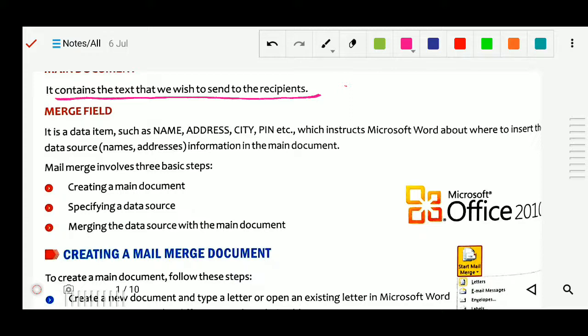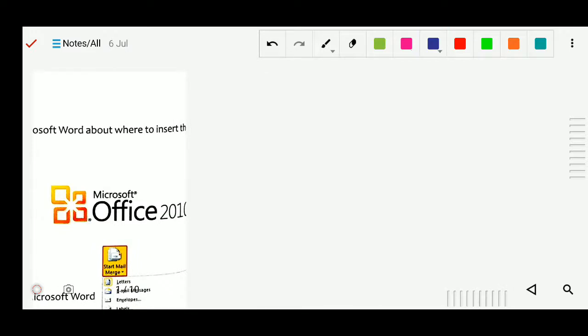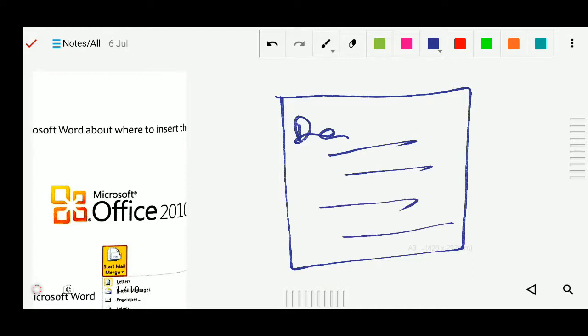Okay, so mail merge involves three basic steps. So what are the steps? Merge field means we will be merging the data source and main document. Suppose this is your document, you have written your letter like "Dear..." and so on. This is your letter, and here is your address box, and suppose the date is there.